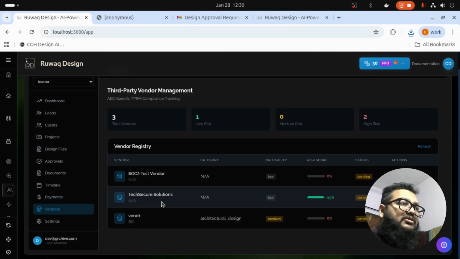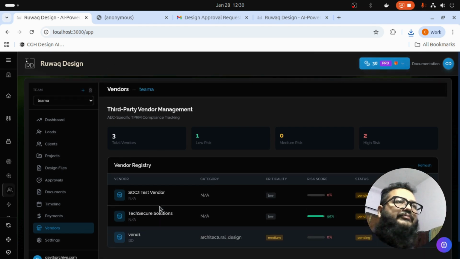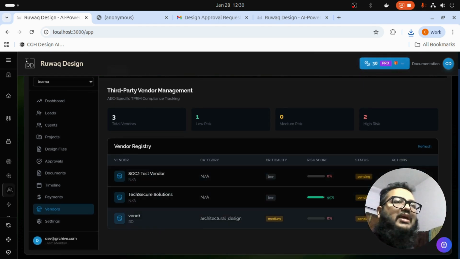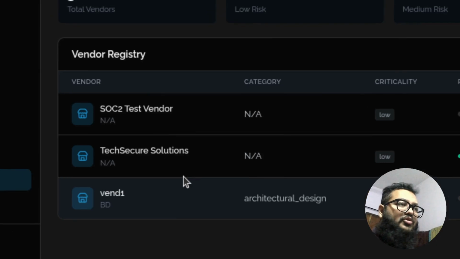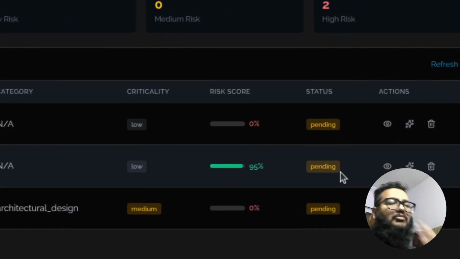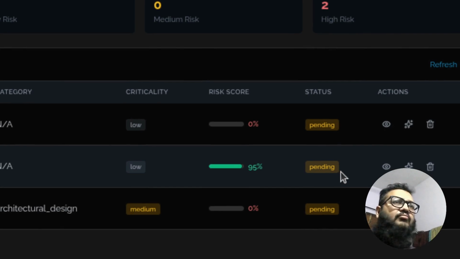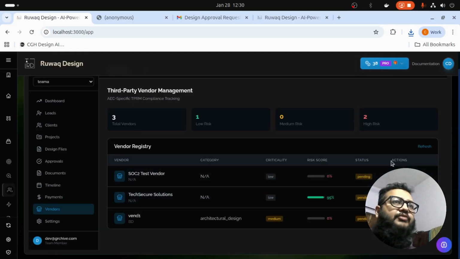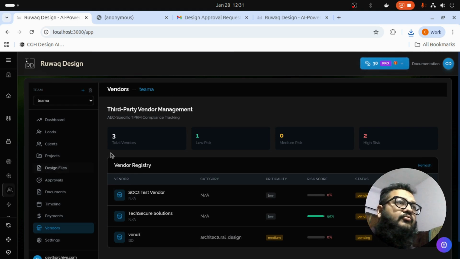Now the vendors, you can add your vendors here, from where you source the things or the materials. And if you want to add one vendor, you can